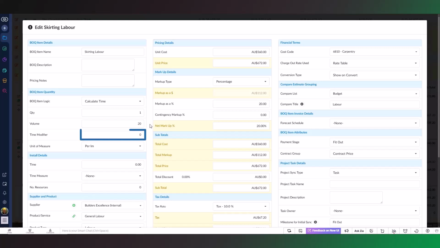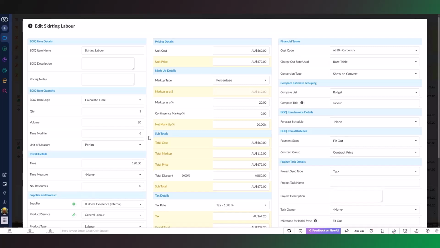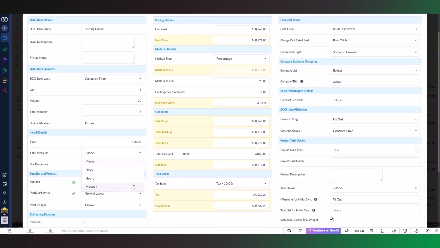Then, in the modifier field, I can enter the time required per linear meter. I will enter 6. My unit of measure is per linear meter, and my time measure is minutes. The time field is automatically updated to 120 minutes. If you prefer to see this in hours, then change the time measure to hours and update the time modifier